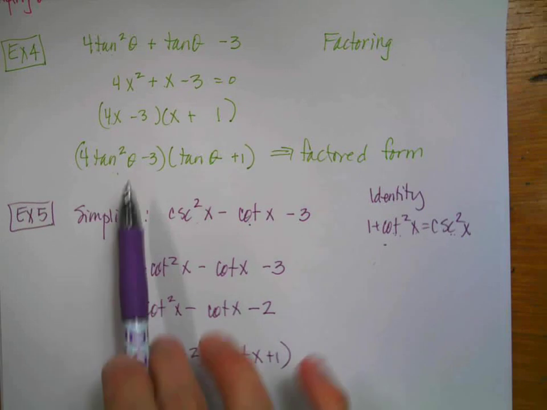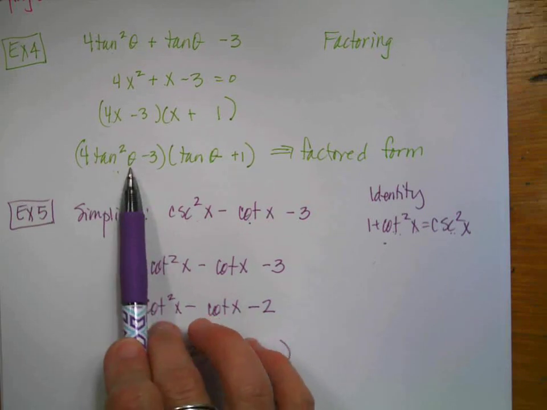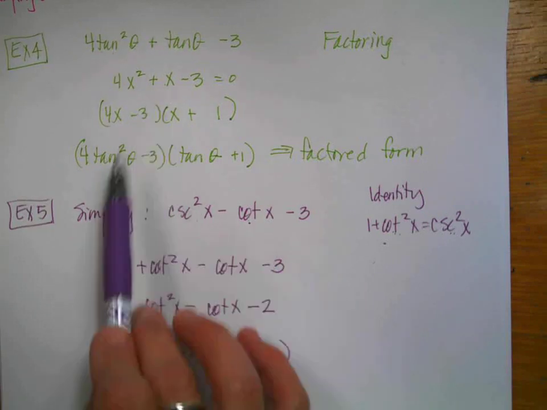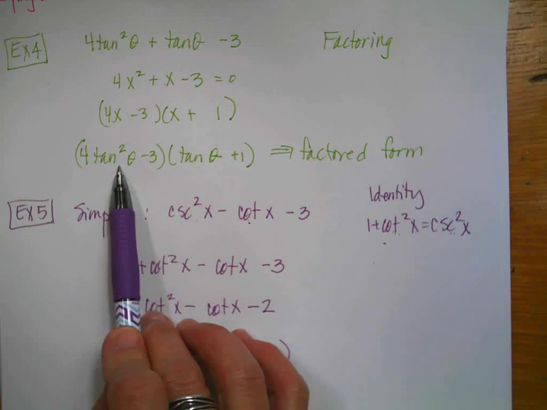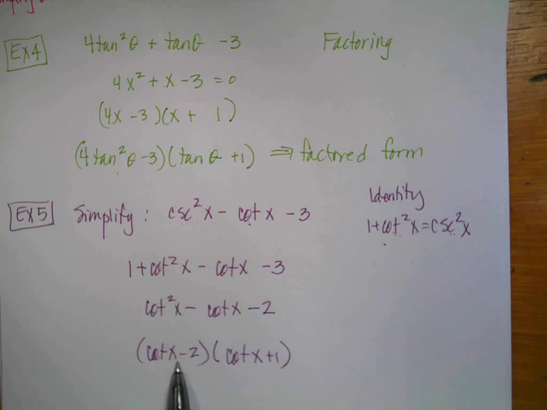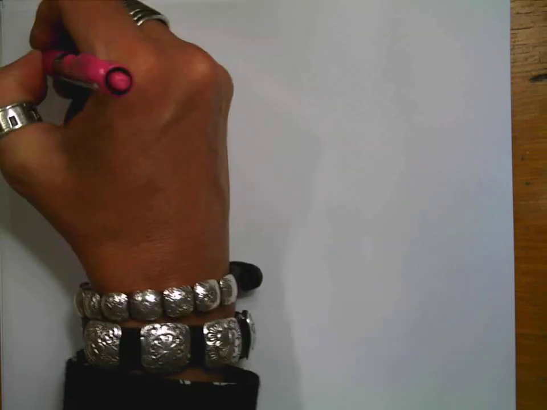So let me explain why we're factoring. Eventually, we will want to solve these quadratics, just like we would if it was a regular quadratic with x's. So I'm going to need to be able to put it in factored form to be able to solve the trig equation. For right now, all we're doing is simplifying, but eventually I will take each of these little baby factors, set them equal to 0, and then I'll solve. All right, example number 6